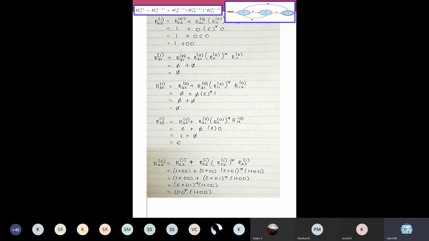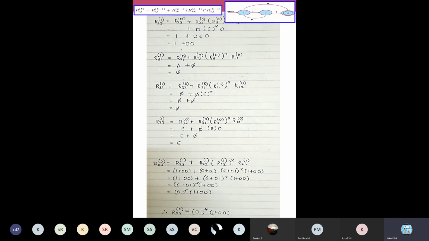You don't have any epsilon, you don't have any null, and there are no unions either. So you cannot do further minimization. This is a pattern: some repetition of 0 followed by 1, and after that you have 1 plus 0 0. Further you cannot minimize this. This will be your answer. Therefore this will be your entire answer for the given question. R23 of 2 is (0 1)* followed by (1 + 0 0).